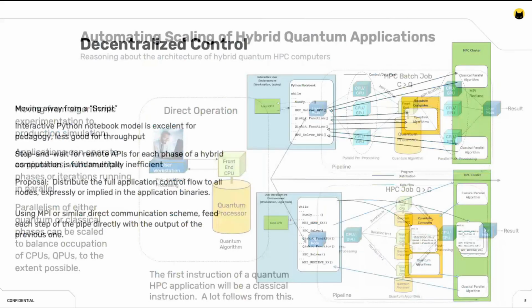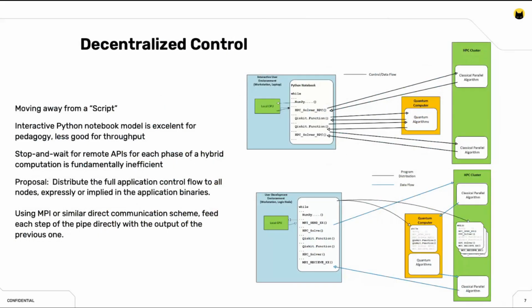Another aspect of this, which I think is pretty important as we advance, and I think we're at a cusp now where we really need to start reasoning about this, we haven't started to think about yet, is this notion of decentralized control as the thing is executing. If I look at how HPC programs get run today in general, not only are they being run in a sort of controlled batch manner as you're sweeping your sets of parameters or whatever, but the programs themselves, to the extent that they're using different resources or operating in different phases, tend to pipeline,